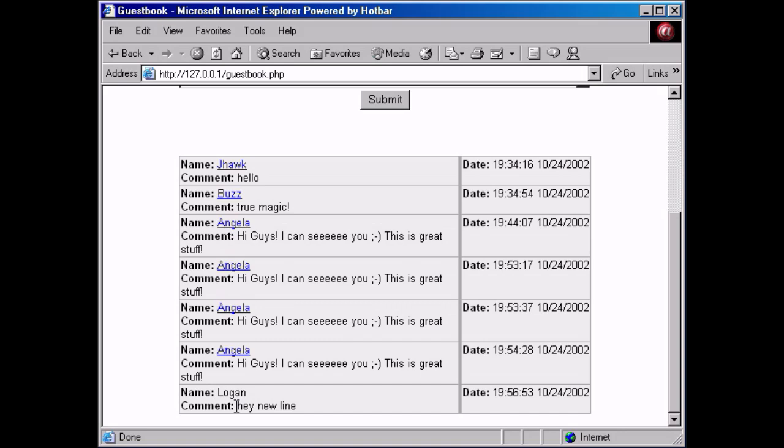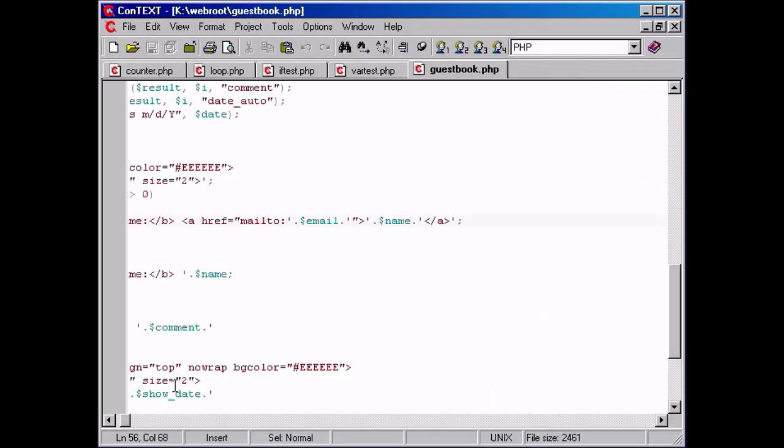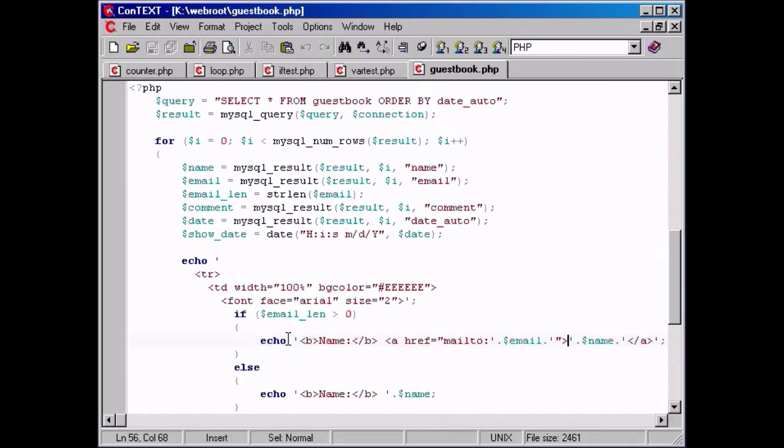The reason it's doing that is the record is actually being stored with the new line like it's supposed to be. The problem is the HTML doesn't show a new line as a new line. It shows a BR tag as a new line. So we need to actually convert that new line into a BR tag for it to be displayed correctly. So what I'm going to do is we need to do a little bit more formatting,